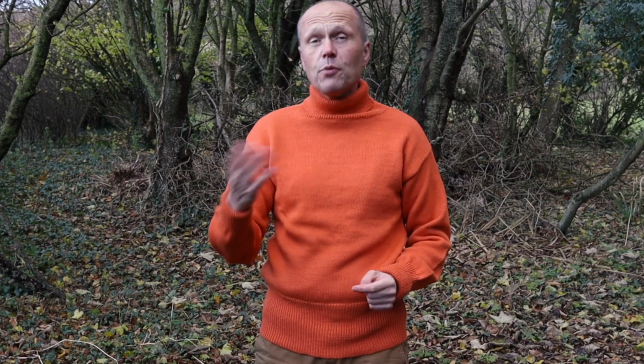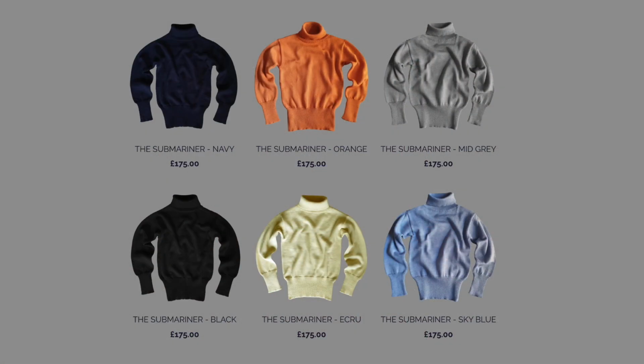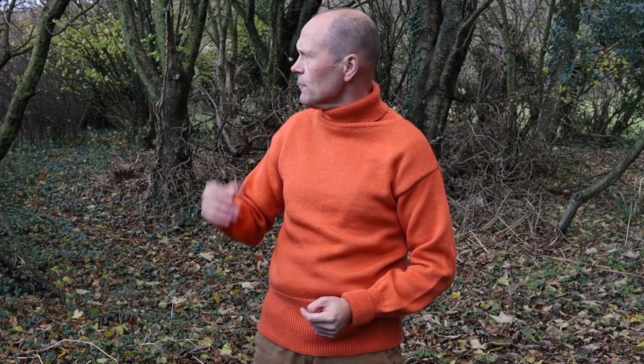Now, this North Sea Clothing Submariner sweater remains true to the original garments which were originally issued to the Royal Navy. Of course, they've improved it. It's available, I think, in a range of 6 different colours, and as you can tell, I've gone for this rather fetching orange number because I just think it looks fabulous, particularly as I spend a lot of time in the outdoors,